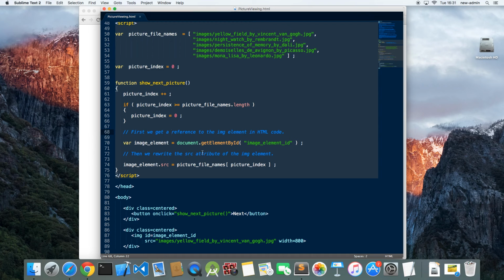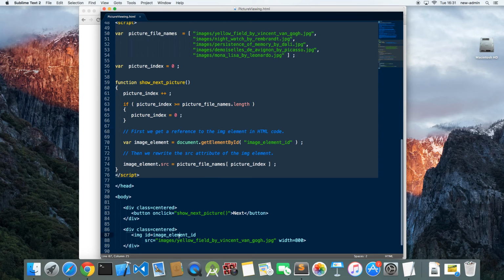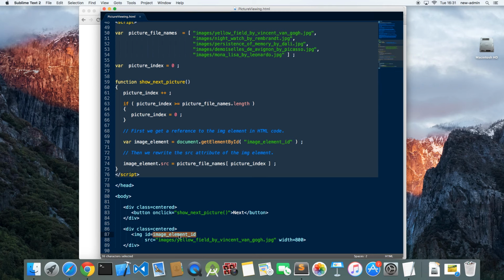This is done so that we use the ID of the image element. You can see that the image element has this ID. The name has been invented by me. So it has this ID, and then we use this ID here